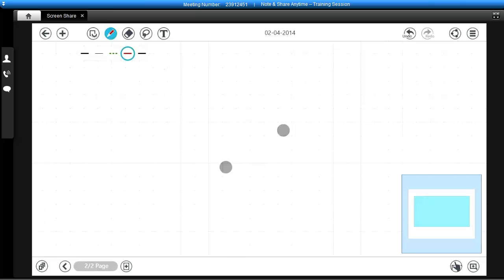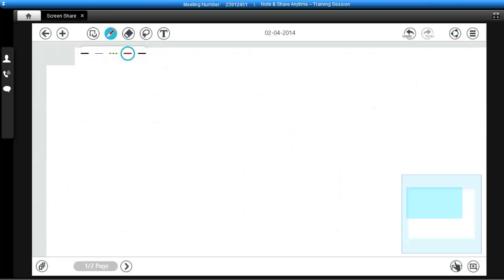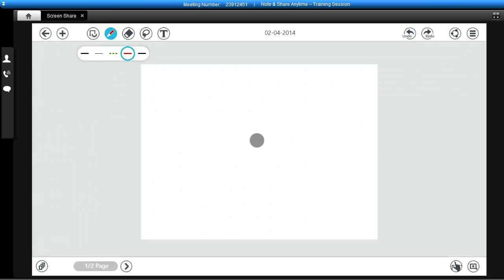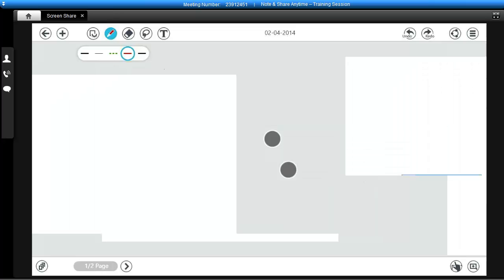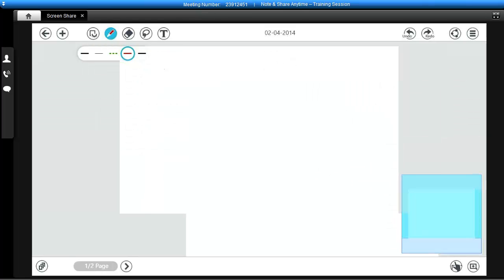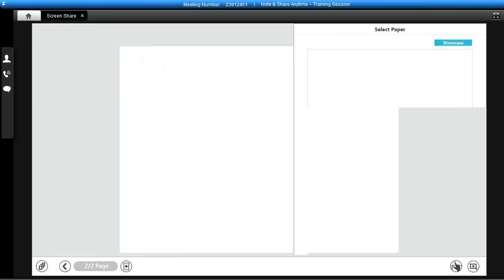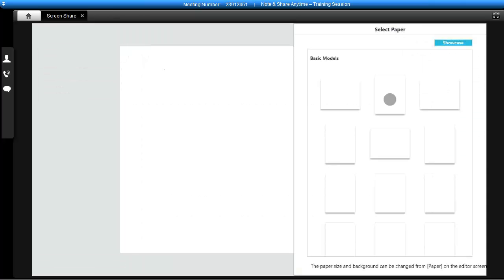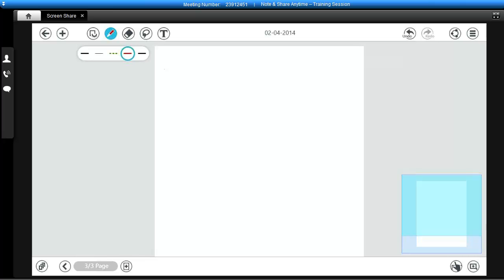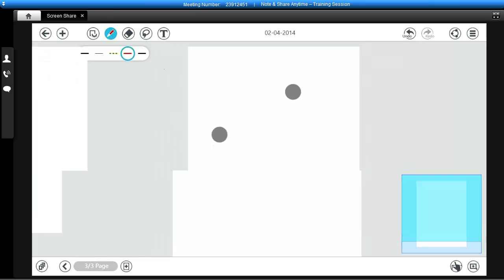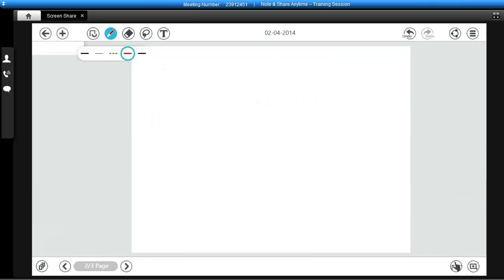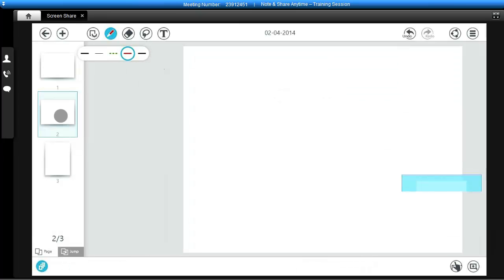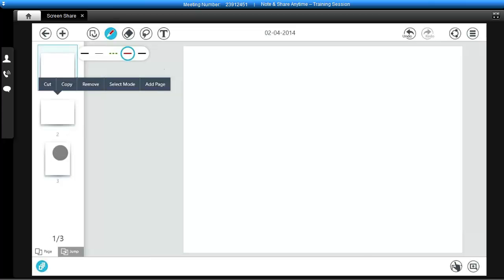For this particular one, this one's this. We now want to be able to put in a third page, so we'll add another page and we'll put that in as a portrait orientation, and you can see that we've now got the 3 different types of paper within the one note. It's very, very easy to